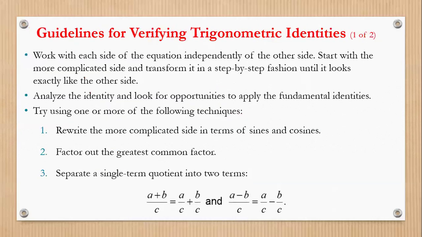So in this slide, it's talking about some guidelines for verifying trigonometric identities. So first of all, work with each side of the equation independently from the other side. When you're working on the right side, just work with whatever you have on the right. Don't look at the left side. Or if you're working on the left, just work with that left side without